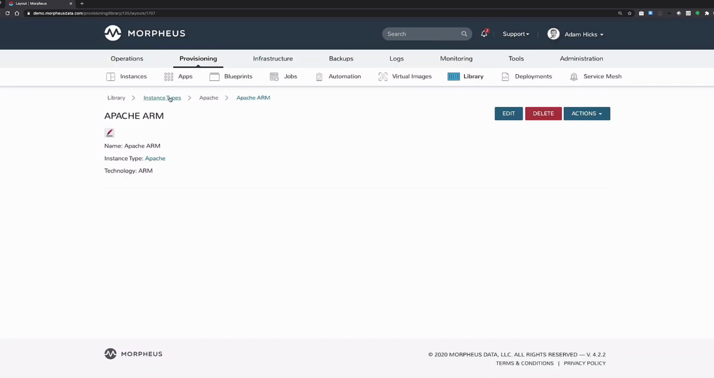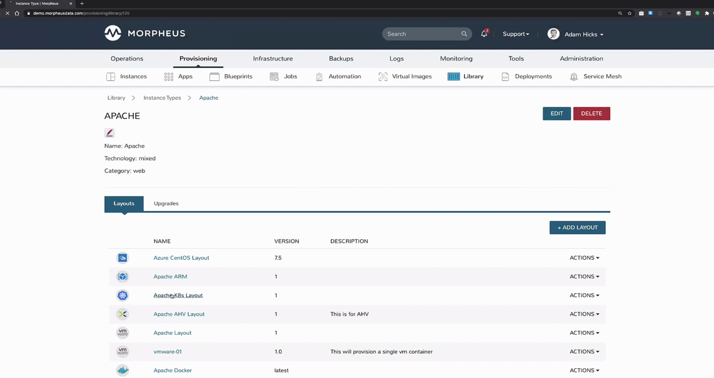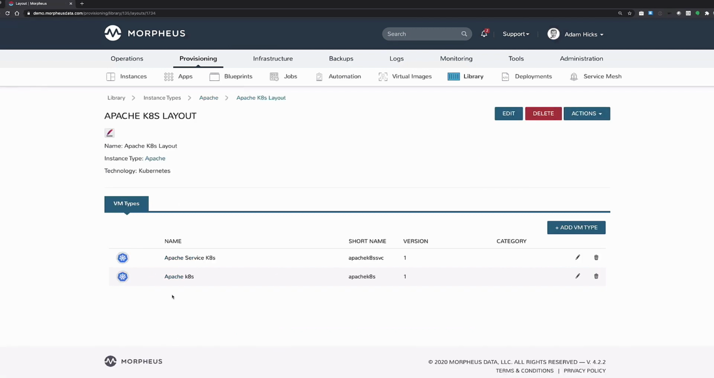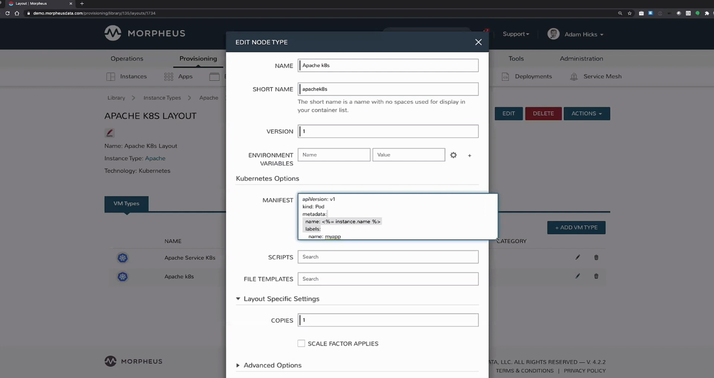We also have node types. If I go back into my Apache at this layer, we have node types that are Apache Kubernetes layouts. This one I really like because this gives me a lot of flexibility in terms of the options. I actually have 2 declaratives. And if I go into this layer, I can actually see I put this in here instead of hooking it